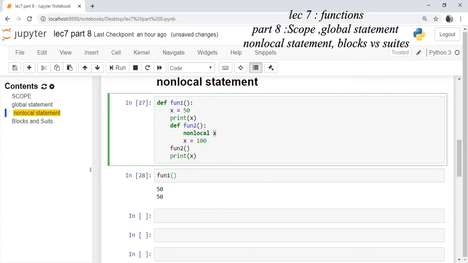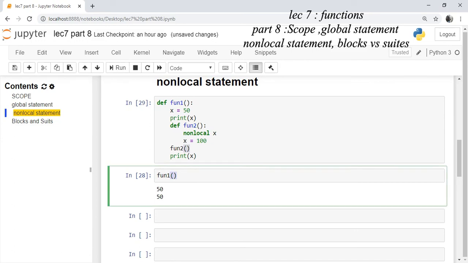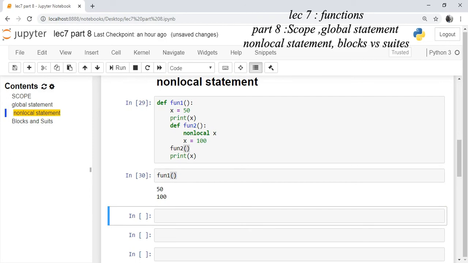What will happen? The difference will be only that this x was used here and the value is initialized as 100. So x is 50, 50 is printed, function 2 is defined and called, the same variable x is assigned 100 and x is printed as 100. Click on the cell, first run the function, then call function 1 so that the inner function 2 executes. And we get the output as 50 and 100.